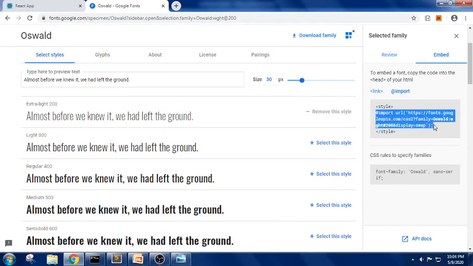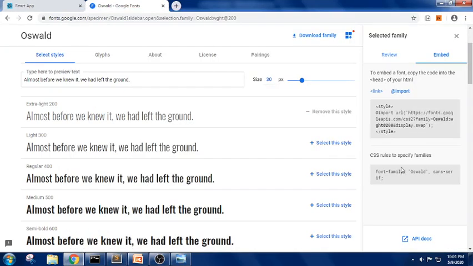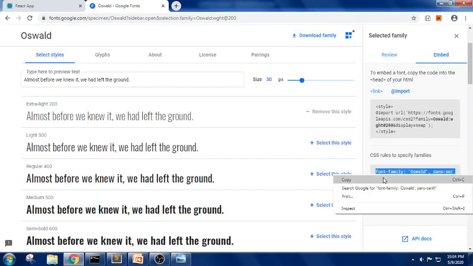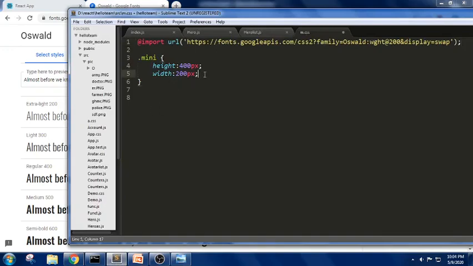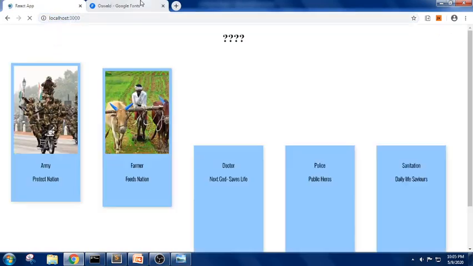I'm just trying to copy this, and I'm going to use it in the CSS part, and I should be able to mention this font family here. We can also use Ctrl C. Yes, we got it. Now can you see? Yes, let me run this snippet again.